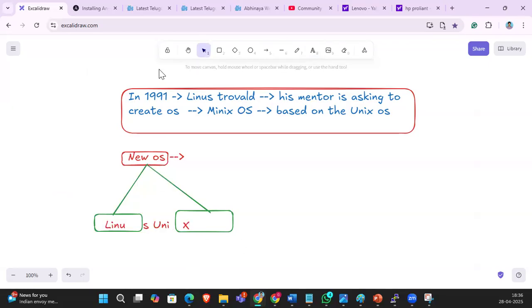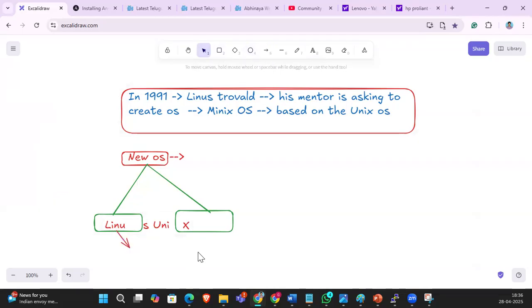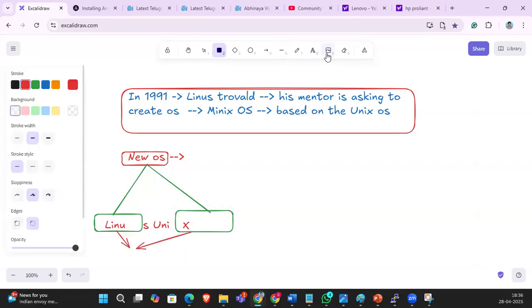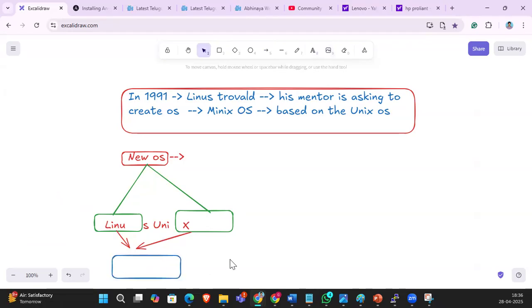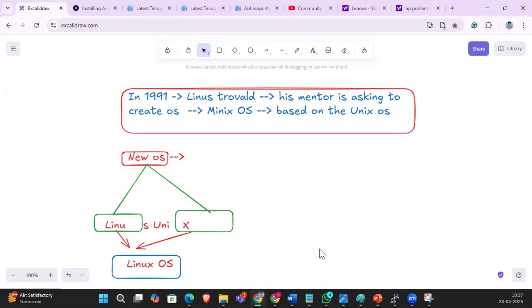Then he created an OS called, which one, guys? The name is Linux. Just now you understood how Linux came into the picture?